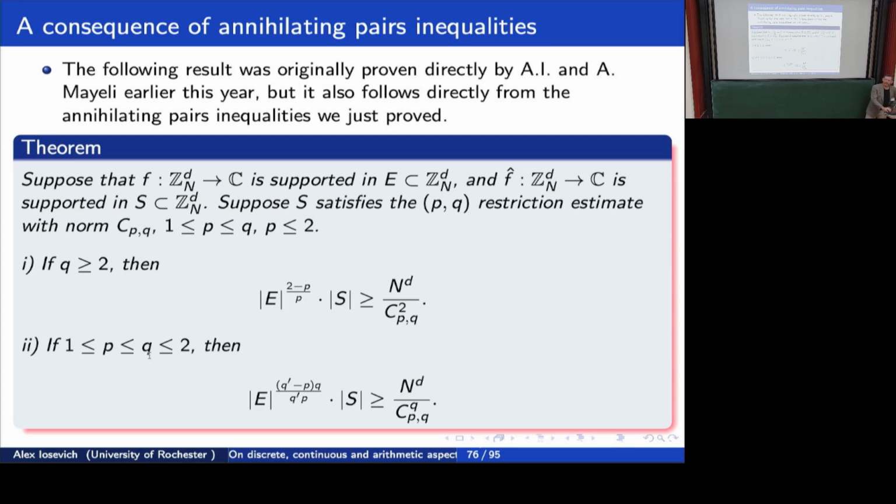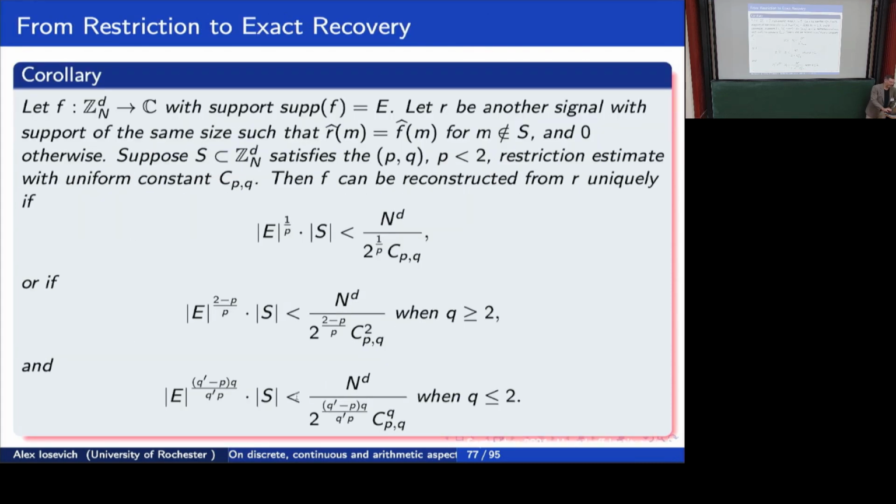And then we have the corresponding result when p and q are between 1 and 2. Okay? So we proved it directly, but it follows very nicely from the annihilation inequality as well. Okay, and also just to remind you that whenever we have an uncertainty principle, we have a corresponding result for signals. So in this case, what I've simply done here is combined all the recovery results into one. So the one you haven't seen before is the last two.